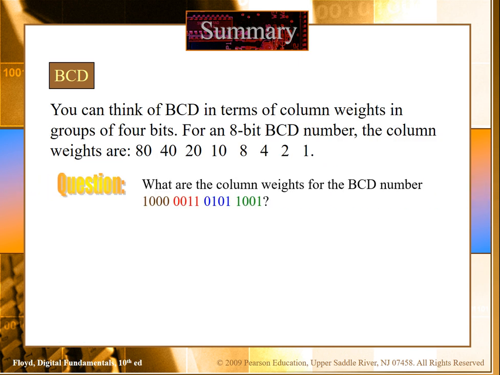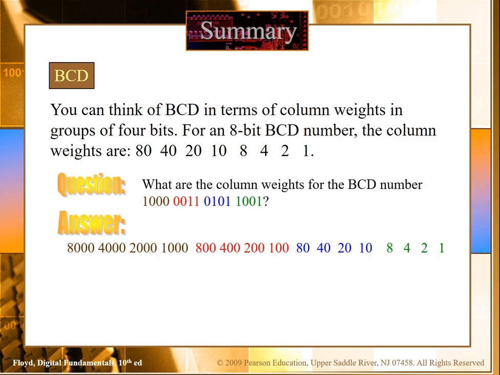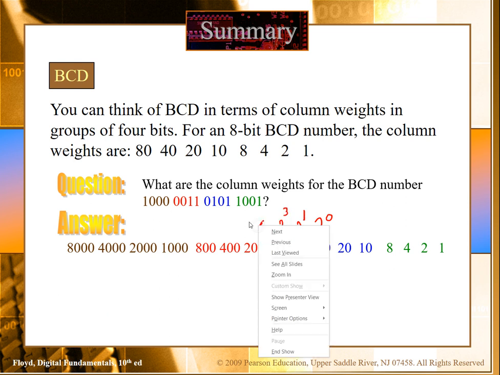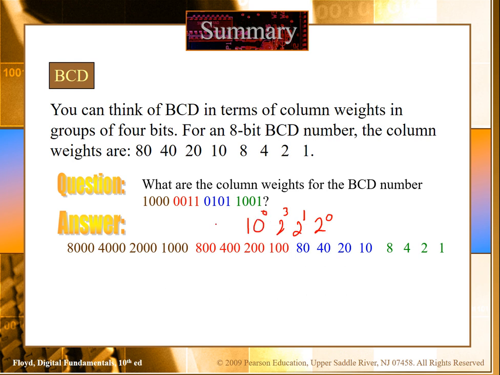So basically the power system of the BCD is quite different compared to the other systems. We start with 2 to the power 0, 2 to the power 1, 2 to the power 2, 2 to the power 3, and then we start with 10 to the power 1, 10 to the power 0, and so on.